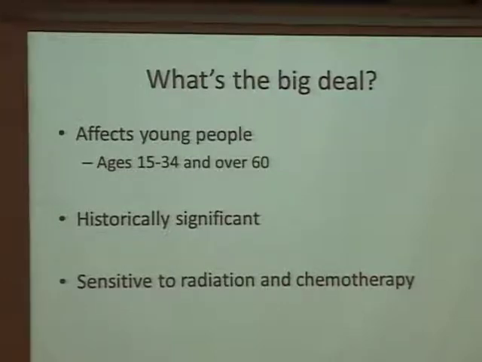So when people are very elderly and they get cancer, you don't hear about it for that long. When people are very young and they get cancer, especially if you can cure it, you hear about it for a long time. And this is a disease that primarily affects people ages 15 to 34, although there's a second wave of the distribution after 60. And it is historically significant because it's one of the few diseases that for over 100 years, the definition